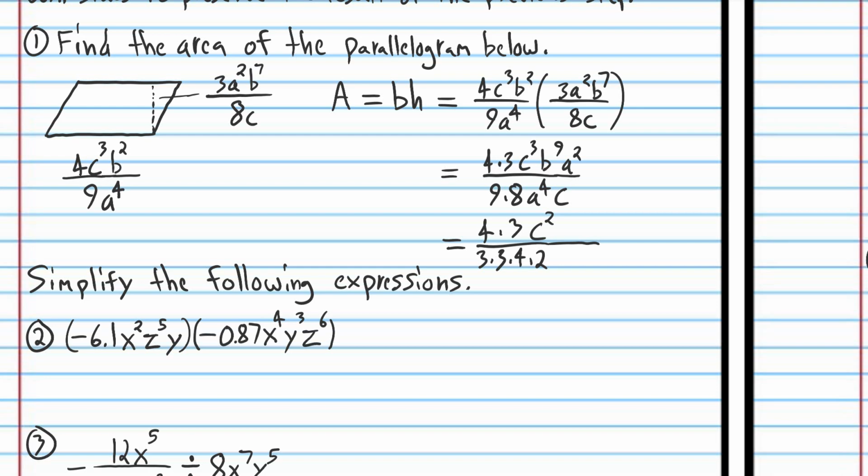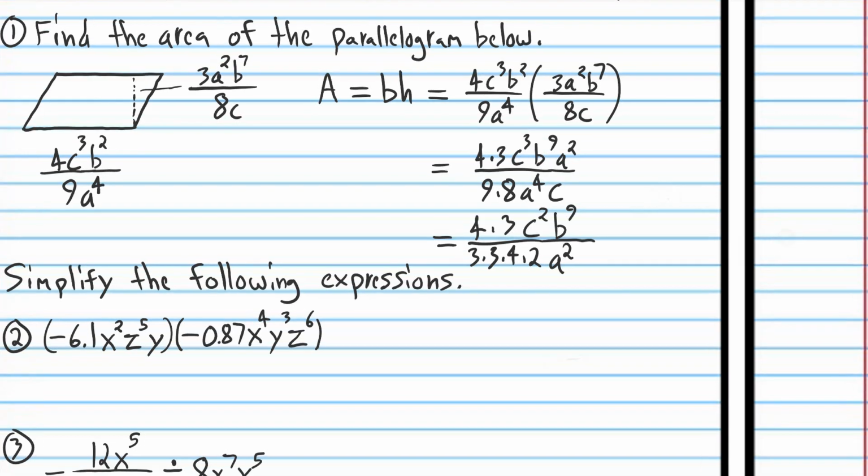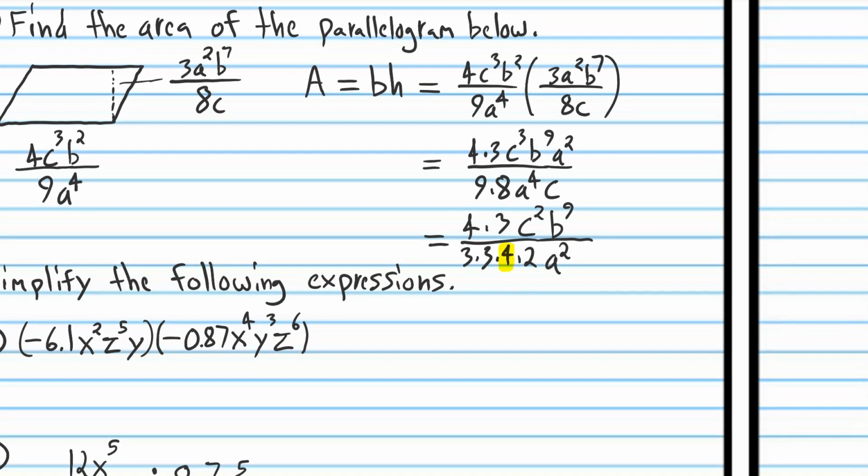And we have b to the ninth power, and there's no b's in the bottom, so we just keep that. And a to the second power and a to the fourth power. So just subtract. 4 minus 2 is 2, so we're going to write a to the second power, and there's more a's in the bottom than the top, so that a to the second power is going to end up on the bottom. So now all we have to do is cancel out the common factors